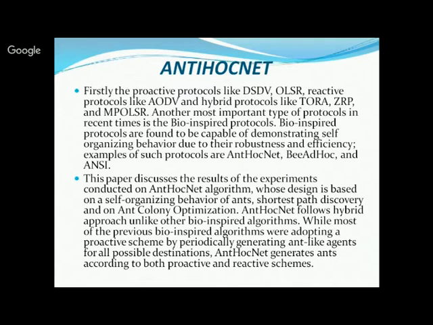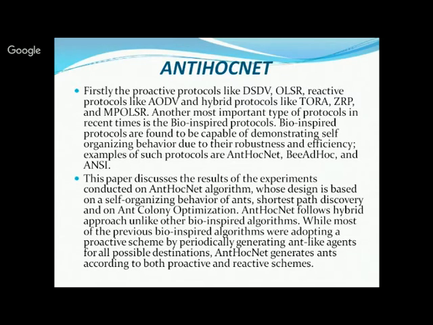This is ANTHOCNET, that is ad hoc and ant colony optimization. Similarly, bee colony optimization is also there. So all these optimizations are connected with the ad hoc network, and they have created the protocol known as the ANTHOCNET algorithm. So with the ANTHOCNET algorithm or some other bio-inspired protocol, they are working with the proactive